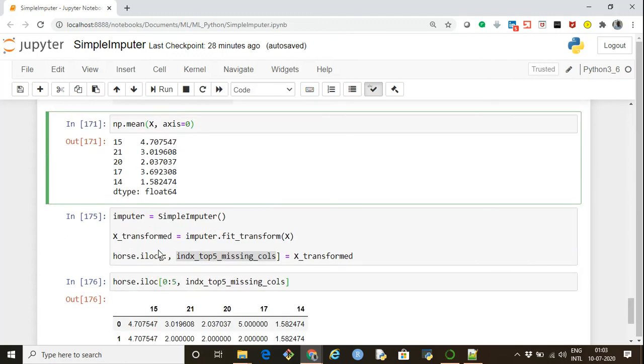Now let's come to the imputation part. So imputer equals SimpleImputer, the same thing that we have been doing, creating an object.